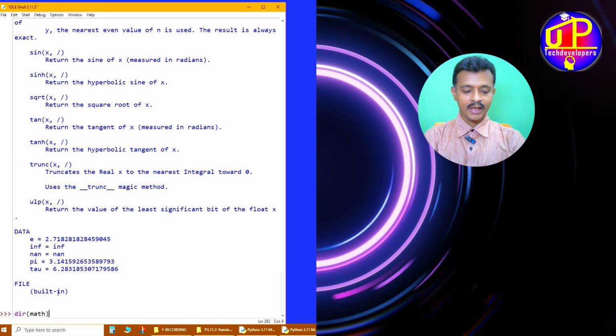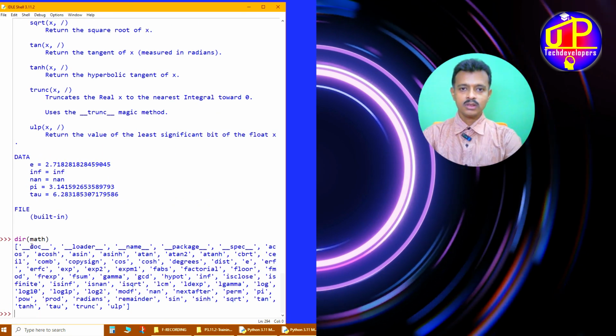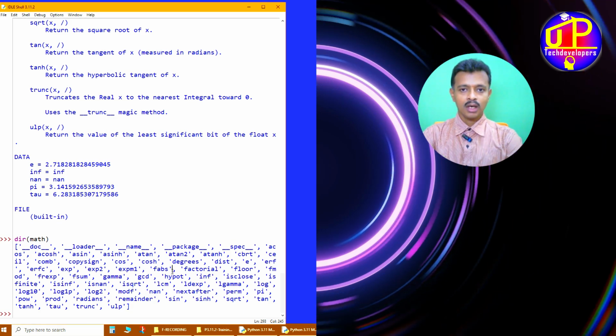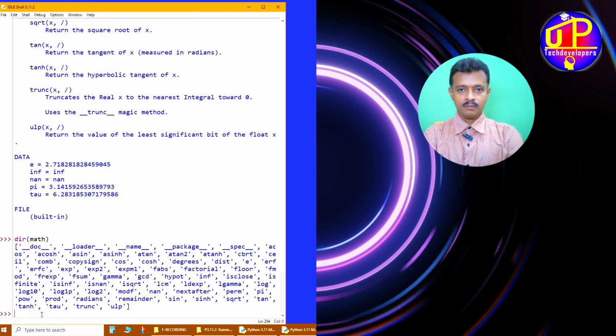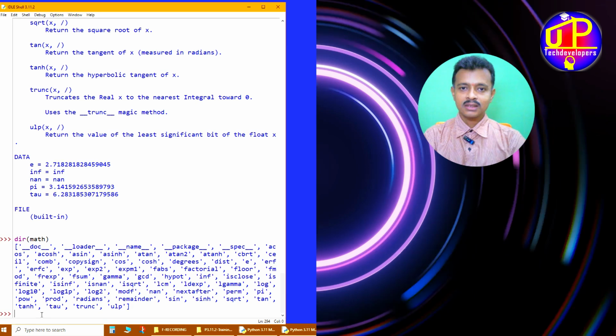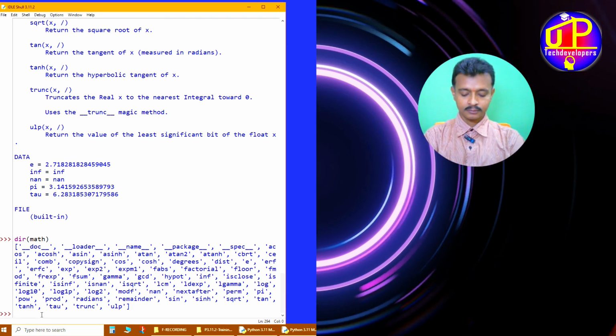Math inside the directory function. It returns all the attributes, methods, and properties available for that object. Similarly, for the complex function or the complex object,